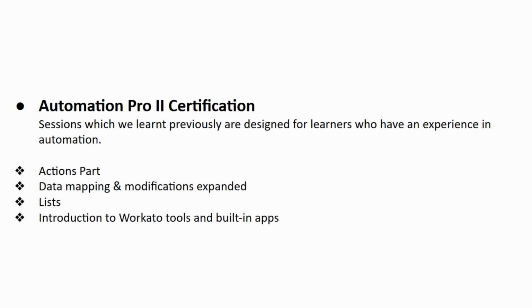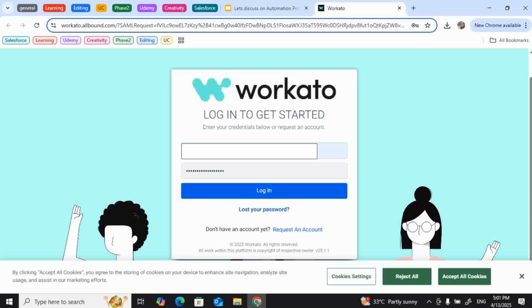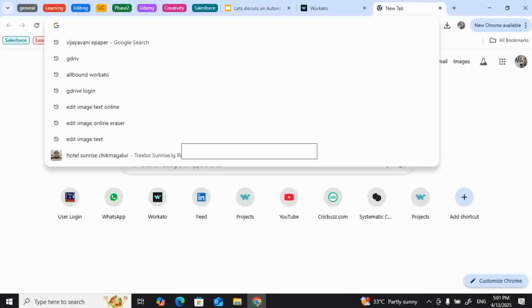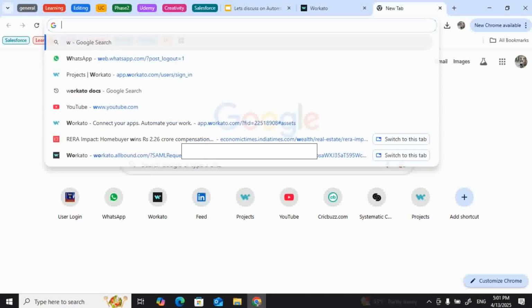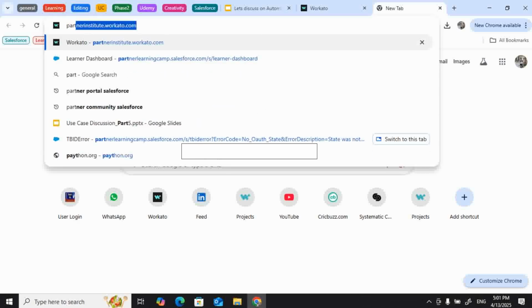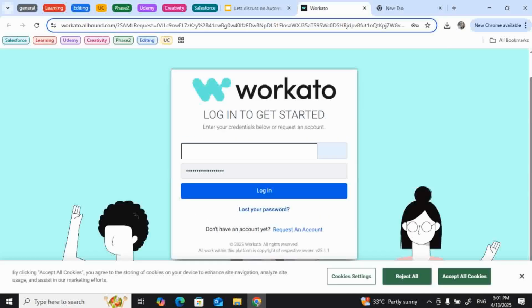Okay, so let me show you how the Workato community partner portal looks, as well as how to log into it. Okay, let's go there. Once you log in, let me give you the background of this particular website. It is about partners. Just type partner. If you look at this particular website, partnerinstitute.workato.com, that basically redirects you to